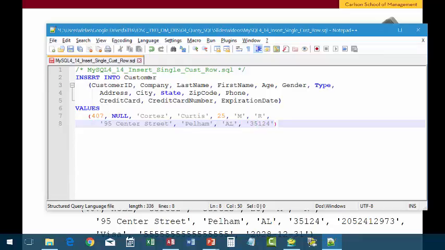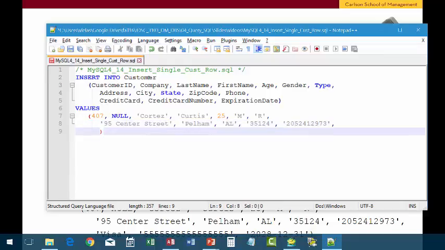The same goes for the credit card number. Okay, I'm sorry, phone number 205 241 2973. Okay, the Visa is a type of credit card, and then the 16-digit credit card number I just entered